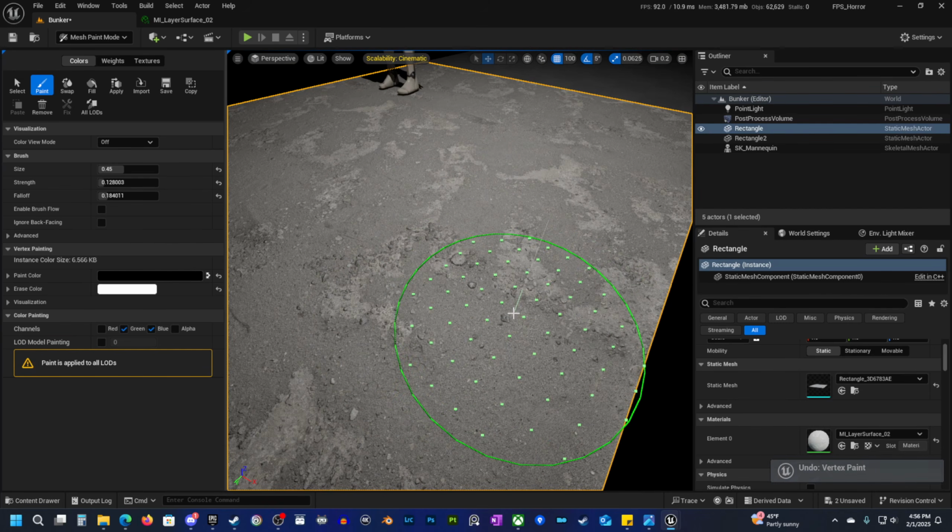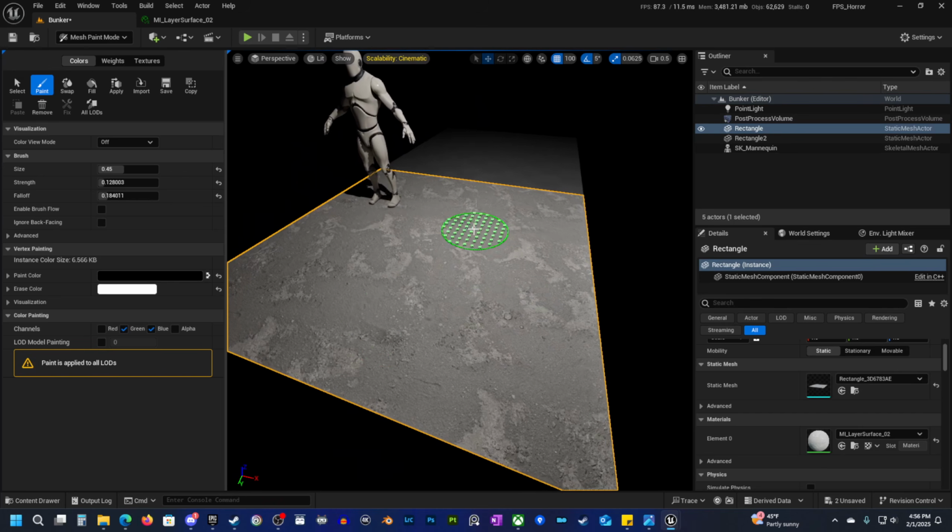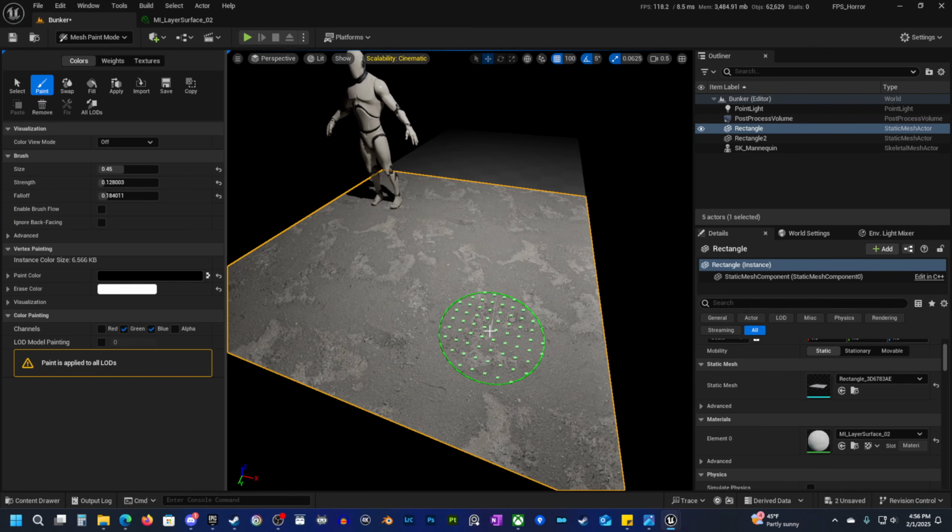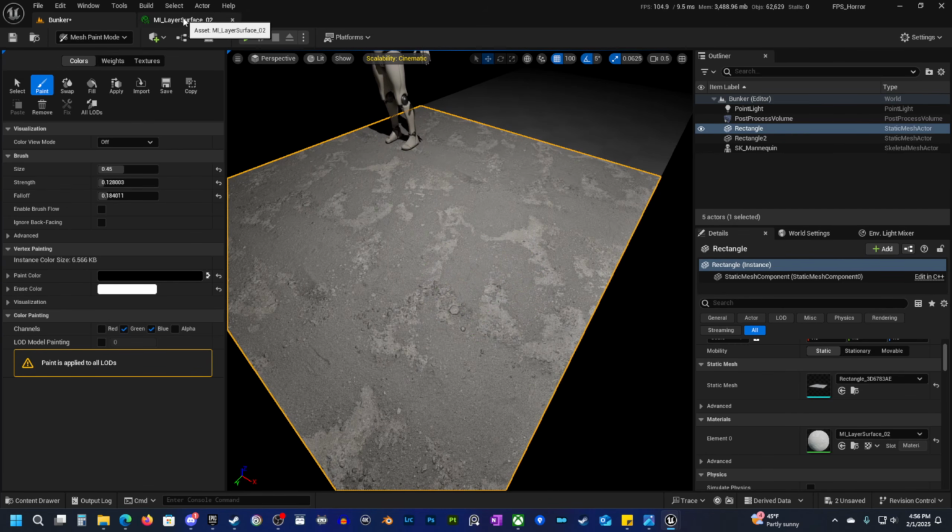Okay. So I'm not going to do too much with that right now, but we are probably going to use that, especially the puddles, I think will look good to have some areas with that. But I just wanted to show you guys how that works. The other thing that you can do is if we paint some puddles in here,